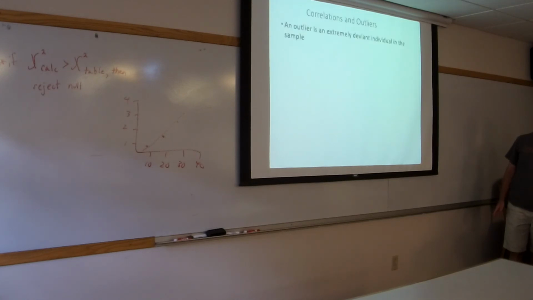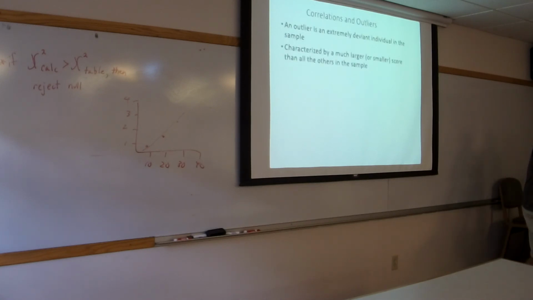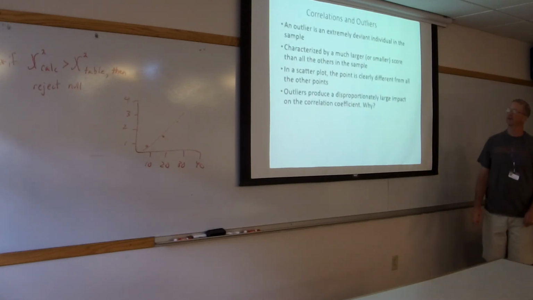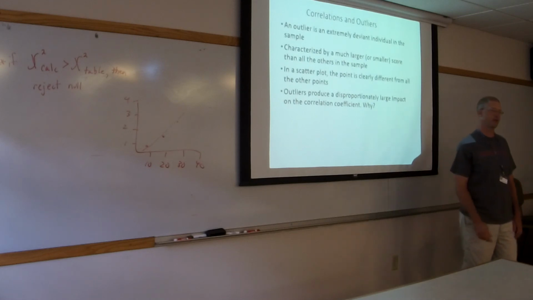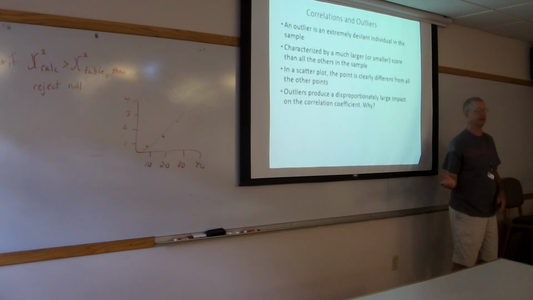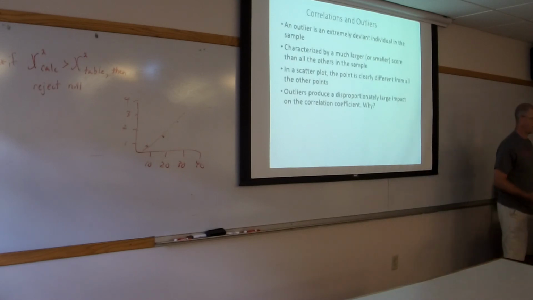An outlier is an extremely deviant individual. We know what outliers are. We've seen those. They seriously affect the correlation coefficient, because somebody with size 18 feet is going to affect it. So when people are doing studies, they decide, do I keep this in here or is this extreme enough? And there are actually guidelines for